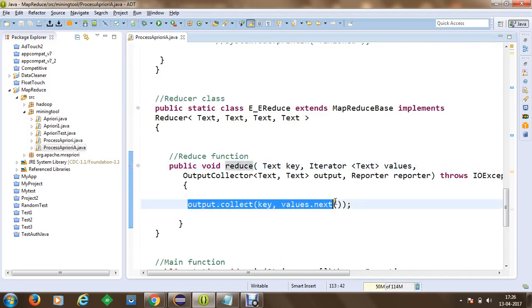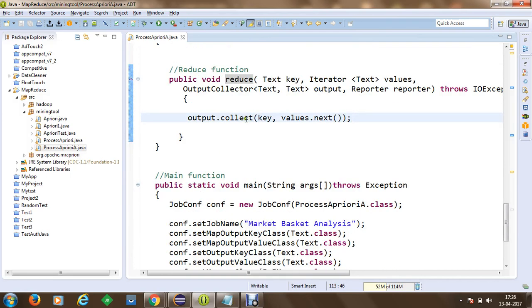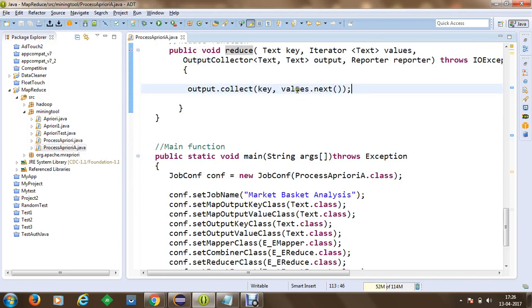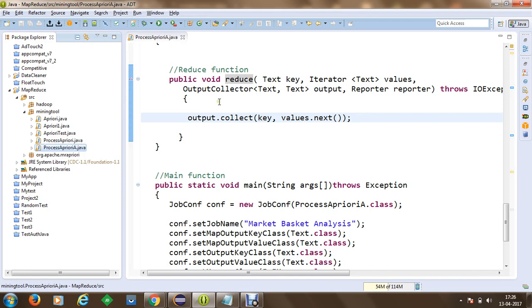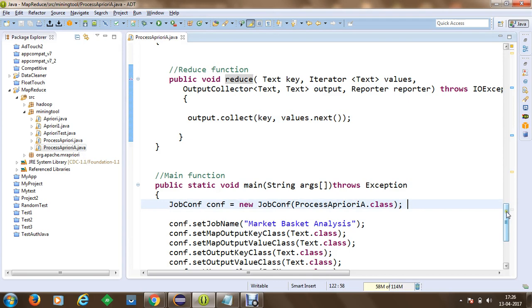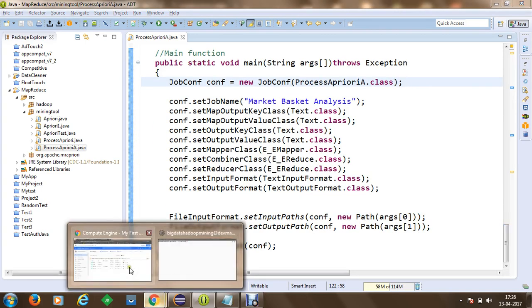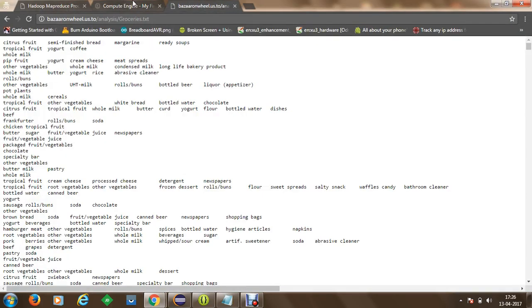In the reducer, we collect the key and values, and we give that to the iterator and to the output section. Once the output has been collected, it will be displayed in a file known as part-00000, and we read that data and display it on the web page. So this is how you can see that we have written our ProcessApriori code, which is our mapping and reducing. Once we are done, you can simply proceed to the URL miningtool.india.sh and you can